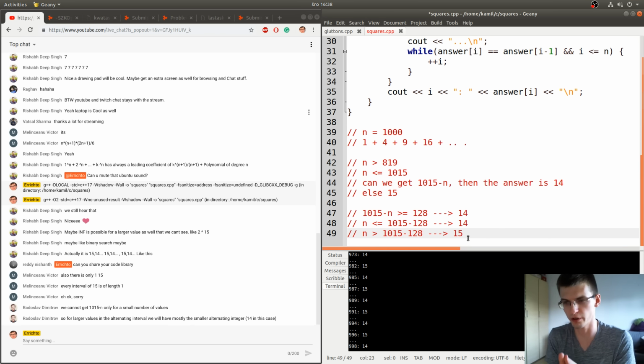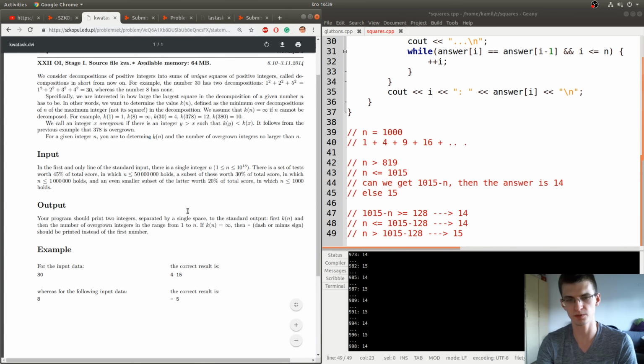Then there we follow the pattern from the first 128 values, where are infinities and where are possible numbers. And other than that, we have a big interval of 14s. So the complexity will be cubic root of n, because the answer will be up to 1 million. And also it should be possible, with those observations, to count the number of overgrown numbers.